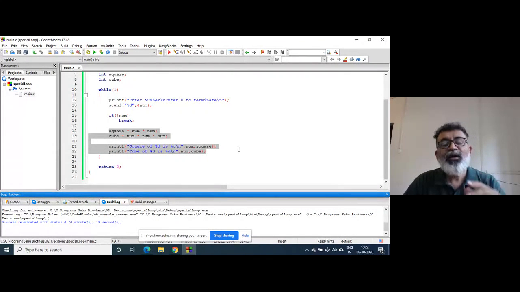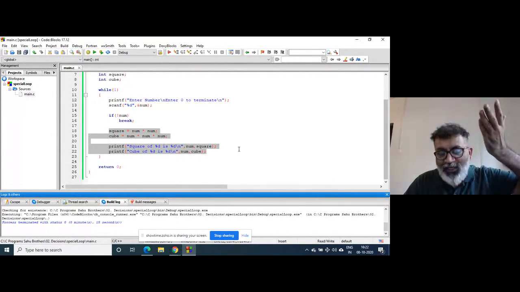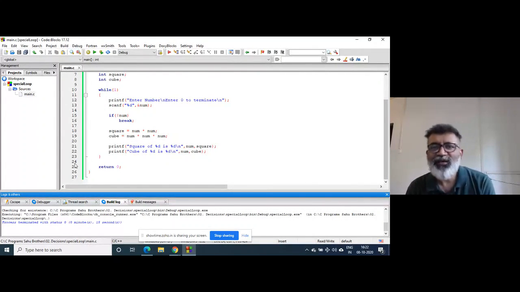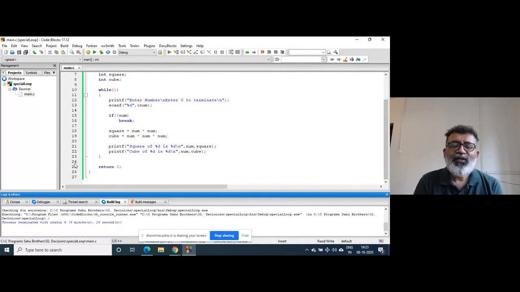At the same time, control will not go to the next iteration. Break will take control directly to line number 24. Directly to line number 24. That is the use of the break. Got that? Right.